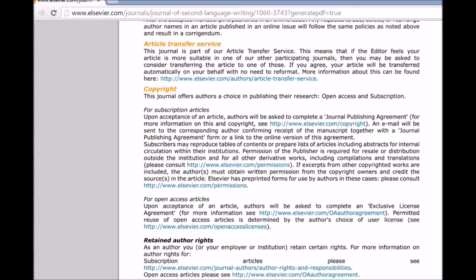So this can be a very sticky issue, and it gets more complicated if you happen to be working in areas where there's lots of money, either where your research has been funded by a company or where your research may lead toward lots of money, those issues of rights.